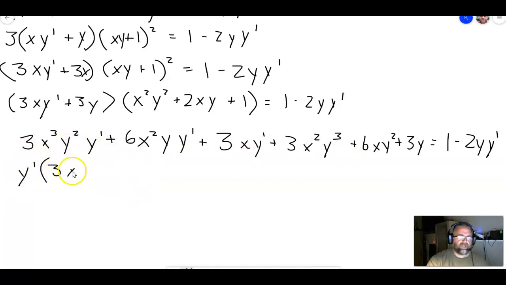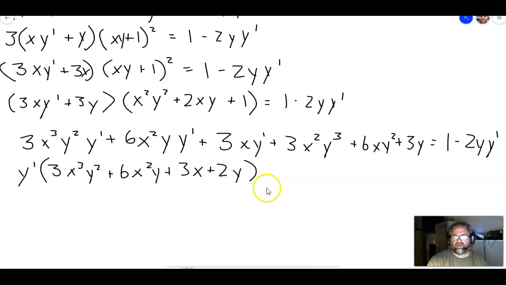So 3x cubed y squared plus 6x squared y plus 3x. And we also have the negative 2y y prime over there. So I'm going to add it to both sides. So plus 2y. And is equal to, the 1 is already over there, so 1